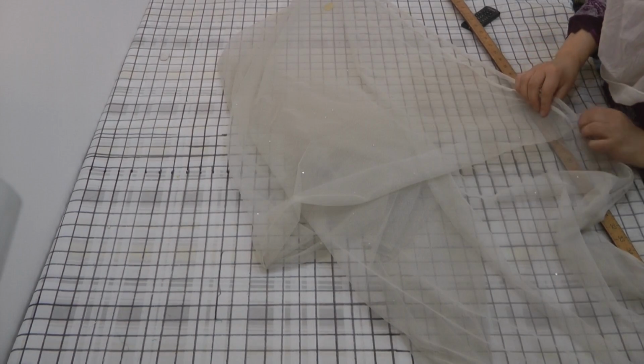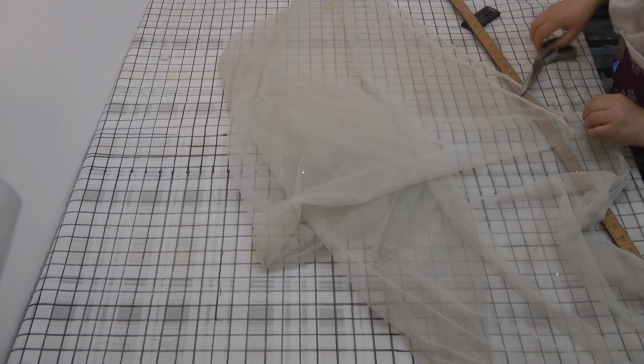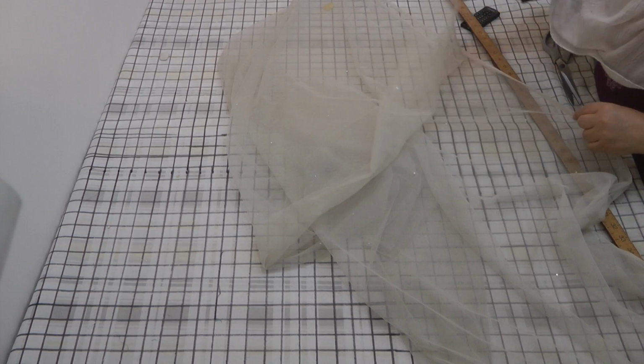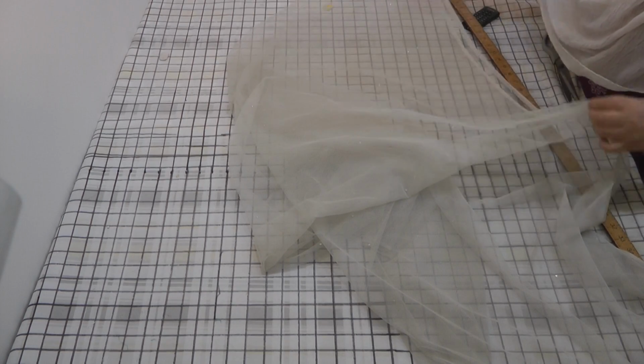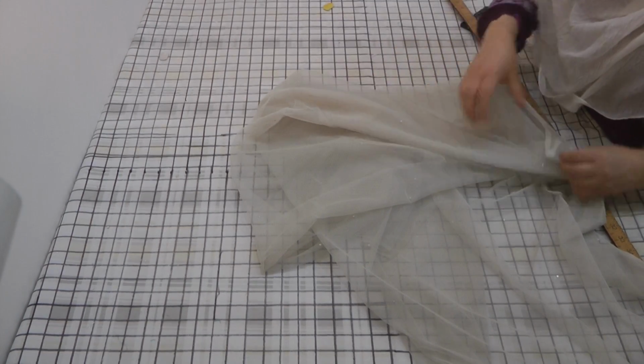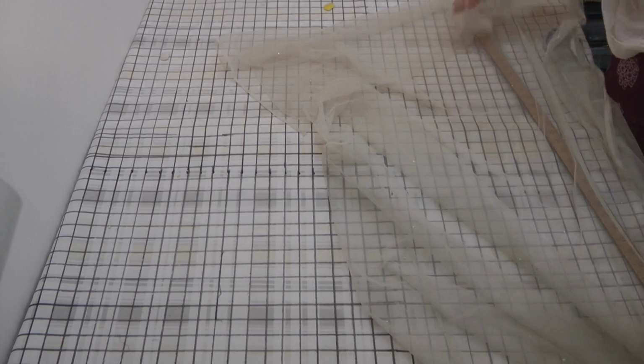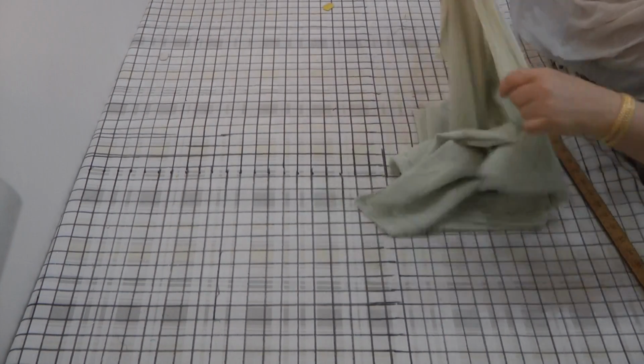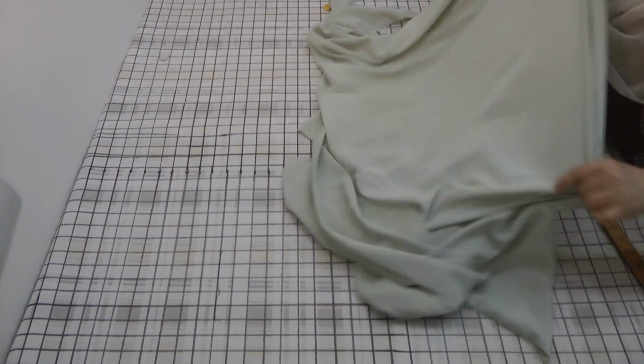So I'm just going to mark this to 28, and then just halve this, and basically we're going to create the gathers from this double folded net. So I will cut this at that, and then for the lining we're going to use